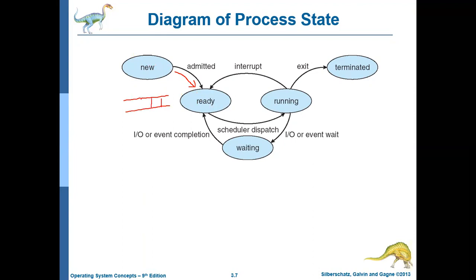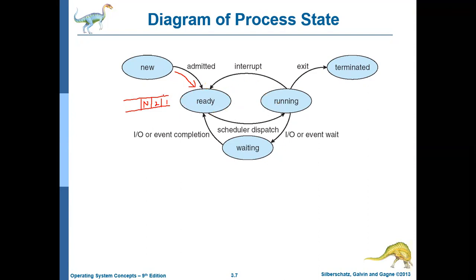Maybe some other process may be in this queue already. There may be process 1, which is waiting, process 2 is waiting. Say currently some process is running already, and this new process may be a third process. Okay, so then from this ready queue, the CPU will take one process at a time and